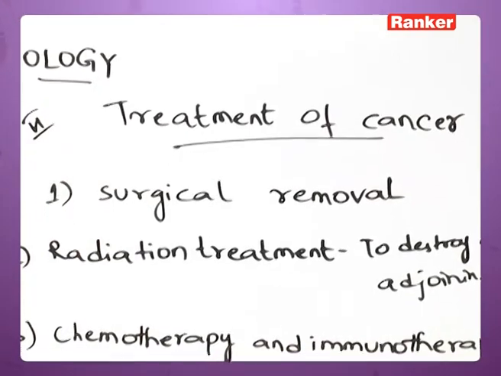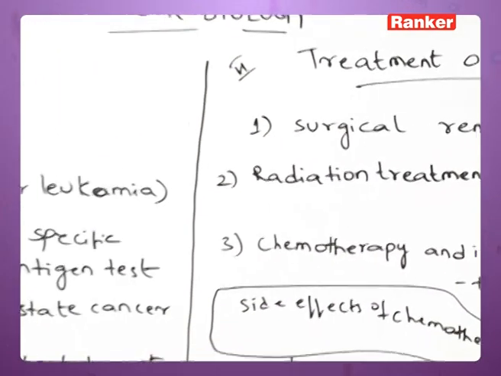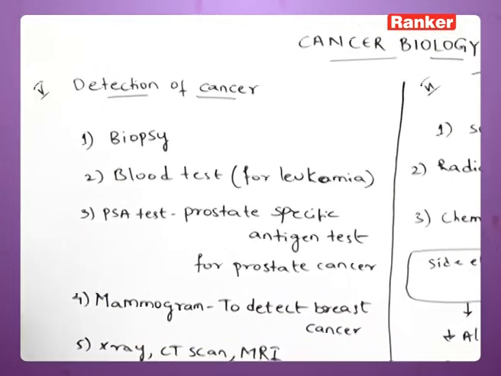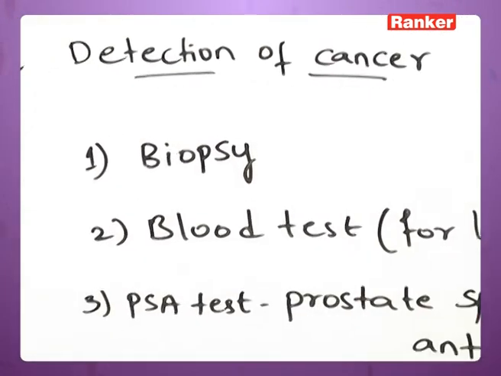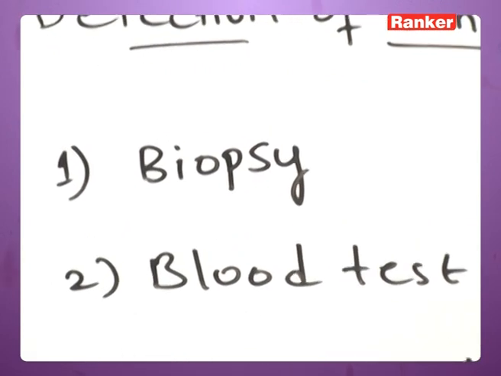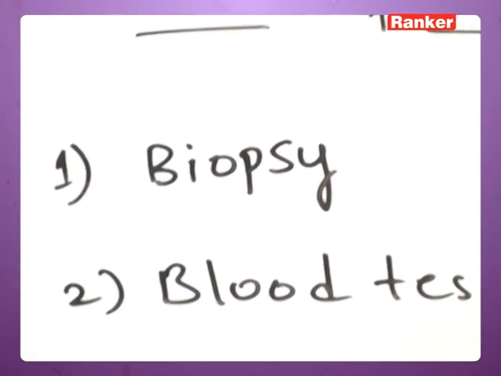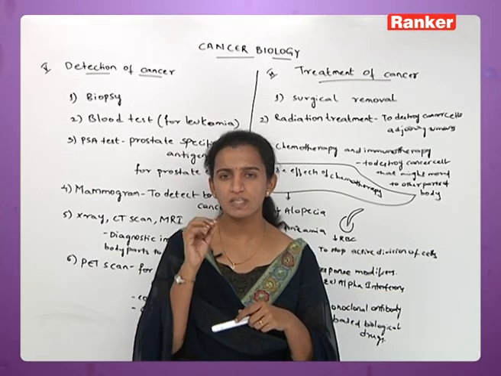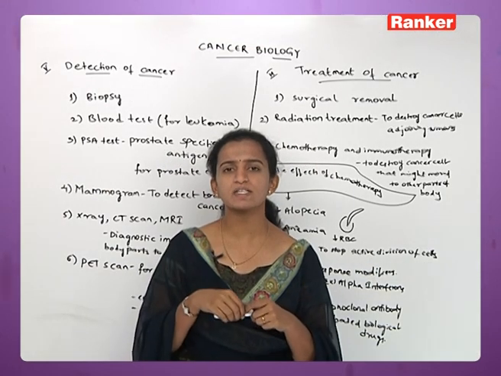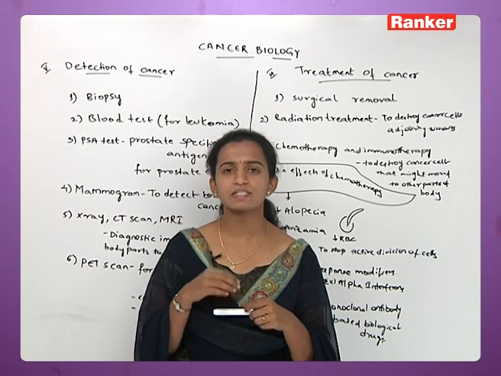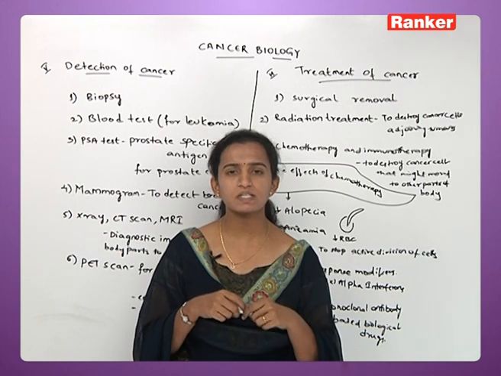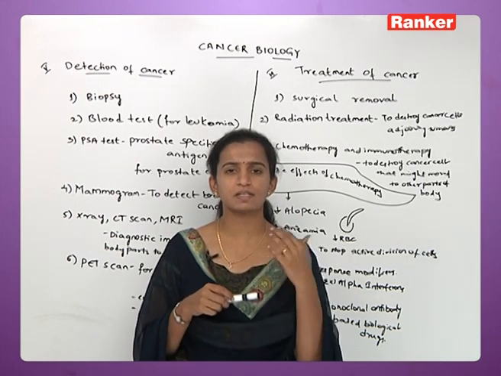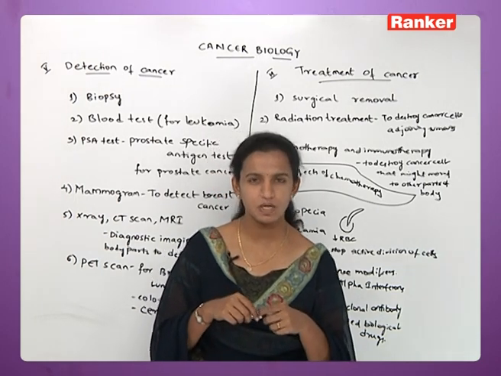While coming to the detection of cancer, the first thing is called a biopsy. What does biopsy mean? Biopsy is a process where they take a small part from your swelling, or wherever a tumor is present on your body, and send it to the lab. They check whether there is tremendous growth of cell division. That tendency of cells to keep growing is nothing but cancer. So this process is called biopsy.